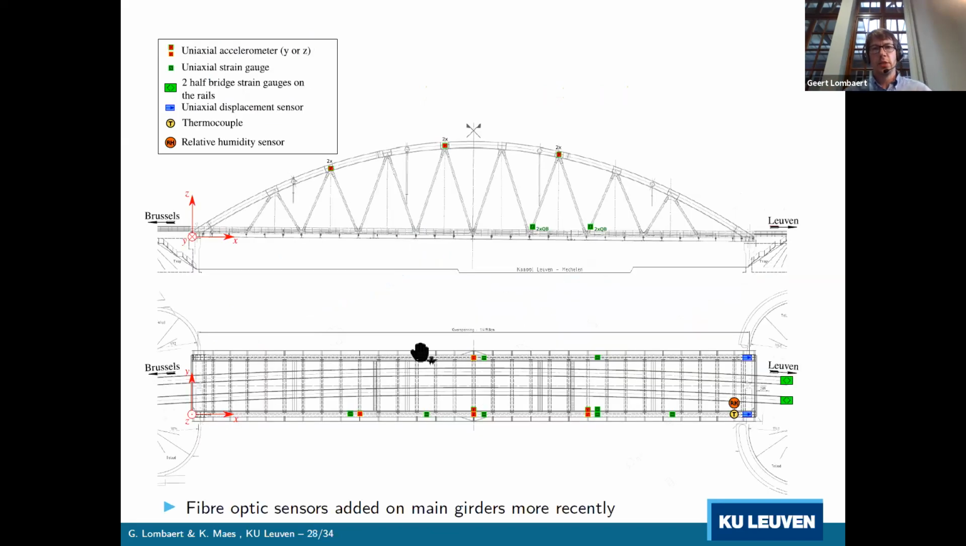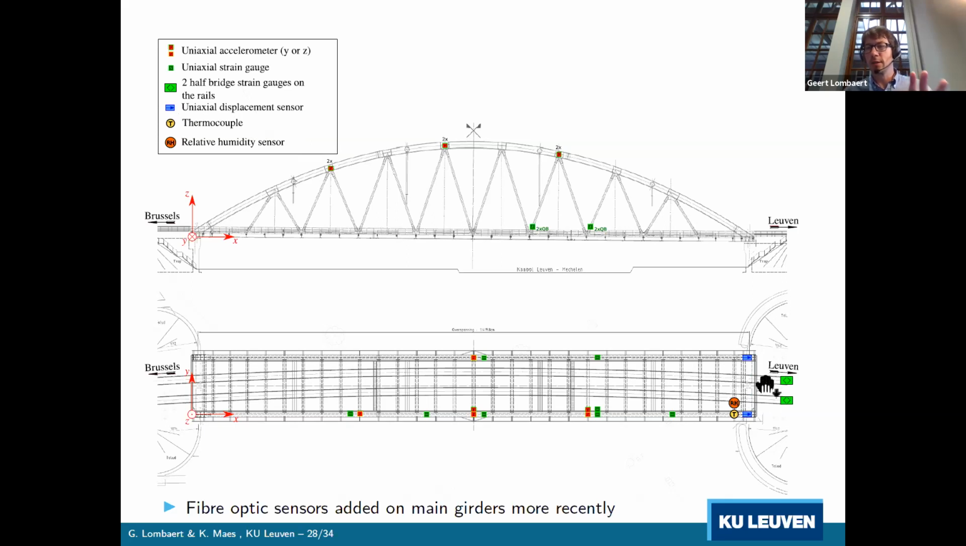This gives you an idea of the instrumentation layout of this structure. We have a number of accelerometers on the arches of this bridge, on the bridge deck. We have quite a large number of strain gauges on the main girders, as well as on some of the diagonals. We also have displacement transducers at the bearings. I'll come back to these at a later stage. And we also have strain gauges on the rails,